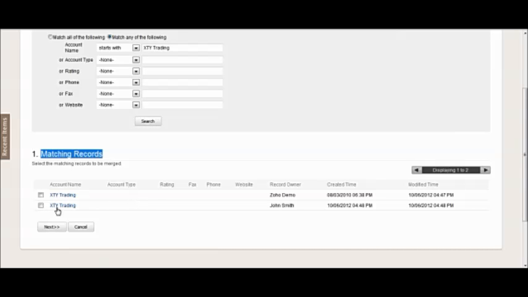Okay, you can search for the extra information if you add it, but it will automatically find the matching records here. Now in this case we want to merge both of them because there are two records with that name. However, there may be more listed here that might be, for example, very similar sounding records with limited or partnership or whatever afterwards that might not actually be the same company. So this gives you a chance to select which ones you're going to merge. Then you click next,